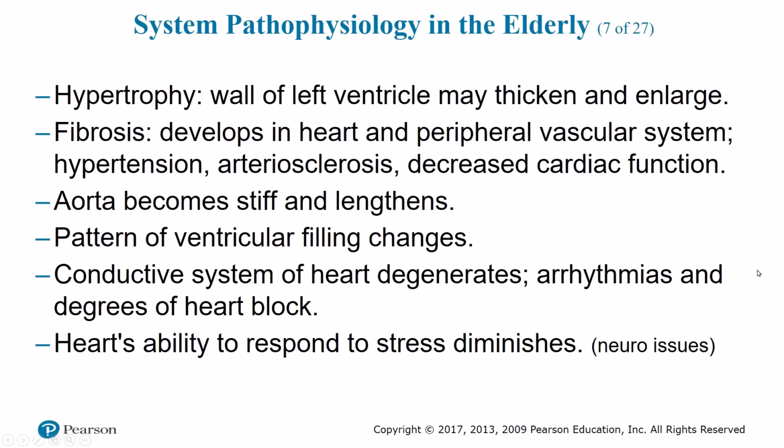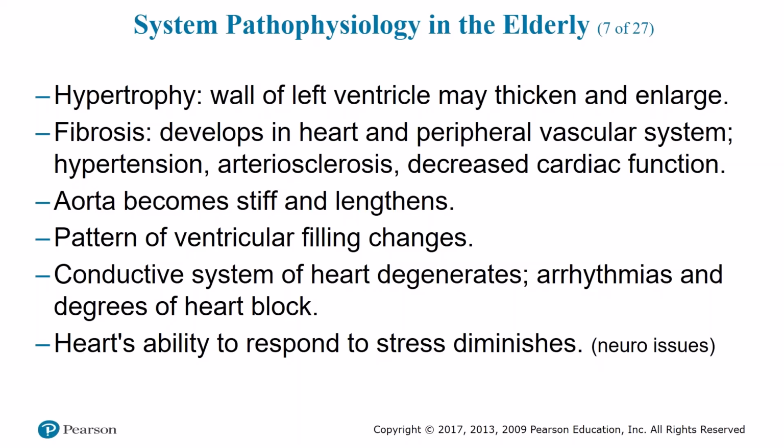All right. Some issues that we'll see cardiovascularly: hypertrophy of the heart, where the left ventricle gets thicker, fibrosis, where we end up seeing unwanted ligaments being formed, thickening of the chordae. We end up getting hypertension, atherosclerosis, arteriosclerosis, and an overall decreased cardiac output. The aorta gets hard, and the internal intima of the venous as well as the arterial system becomes filled with cholesterol. It starts decreasing the size of the lumen. It becomes stiffer as well as it lengthens, and we start losing the ability to